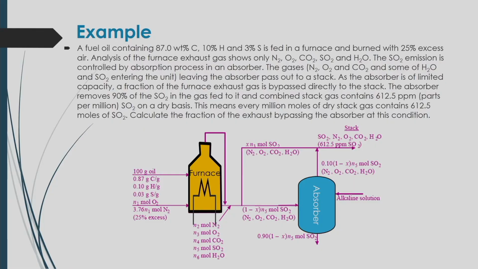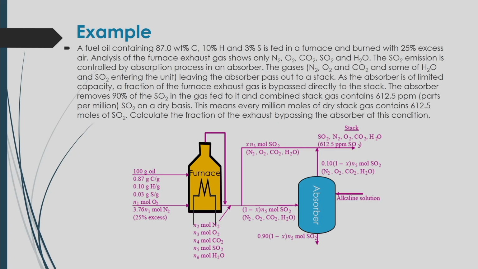Another example: a fuel oil containing 87 weight percent carbon, 10% hydrogen and 3% sulfur is fed to a furnace and burned with 25% excess air. Now, analysis of the furnace exhaust gas shows only nitrogen, oxygen, carbon dioxide, sulfur dioxide and water. The sulfur dioxide emission is controlled by an absorption process in an absorber. So, the gases like nitrogen, oxygen, carbon dioxide and some water and sulfur dioxide